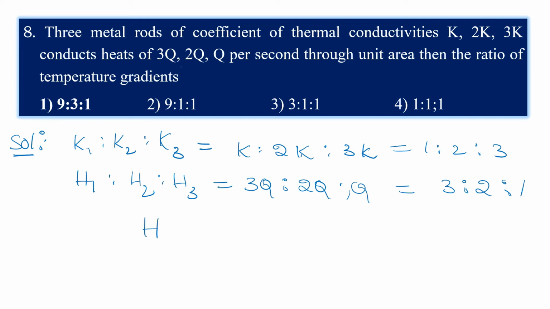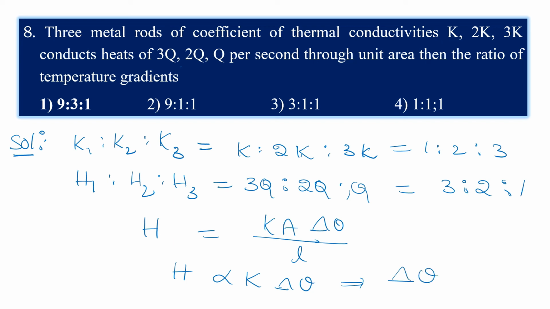So H is equal to KA delta theta by L. So from this, H is directly proportional to K delta theta. So from this it can be written as delta theta is directly proportional to H by K. So the ratio of temperature differences delta theta 1 is to delta theta 2 is to delta theta 3